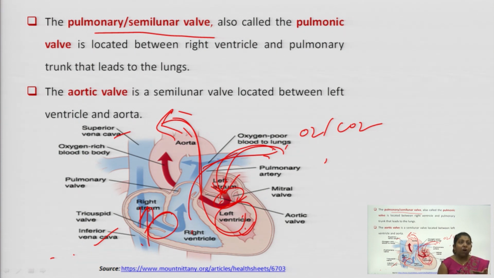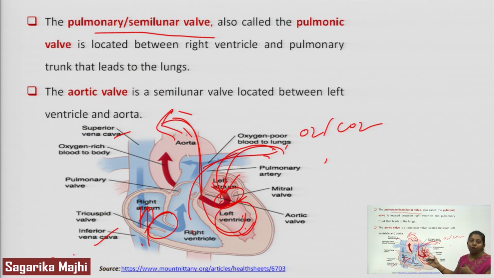Now, the lower chambers are the right ventricle and left ventricle. They are also termed the pumping chambers. Why pumping chambers? Because they pump out the blood. And where are they pumping it out? The right ventricle pumps your blood into the pulmonary trunk, whereas the left ventricle pumps your blood into the body, the systemic circulation. So, go back to your first lecture where we went through the pulmonary circuit and the systemic circuit. Both these circuits come together here with the help of your heart.